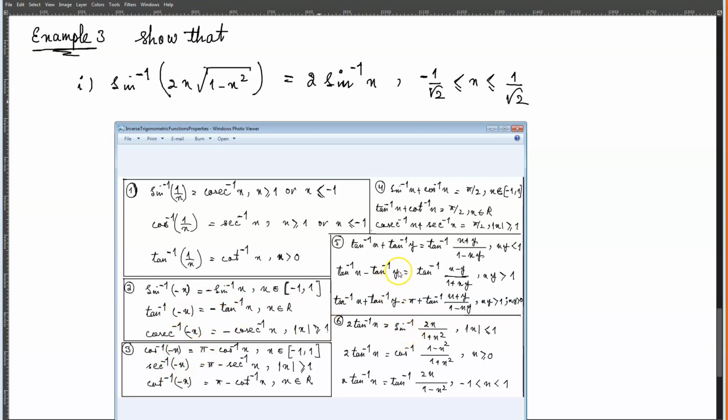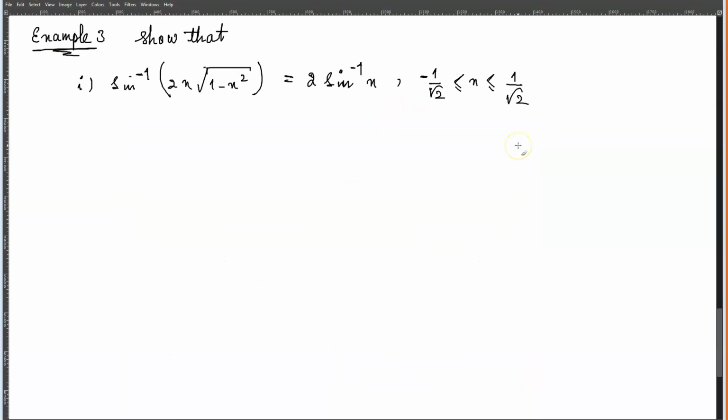Okay, let me see. Okay, so they have solved this problem in a very interesting way. I couldn't figure it out, but then I took a look at the solution. So we want to prove that the sine inverse of 2x times the square root of 1 minus x squared is equal to 2 sine inverse of x. So if I let